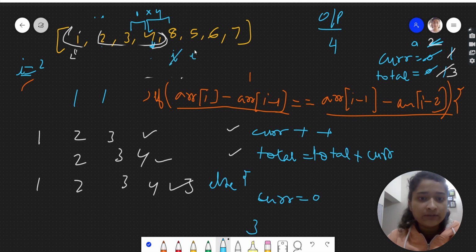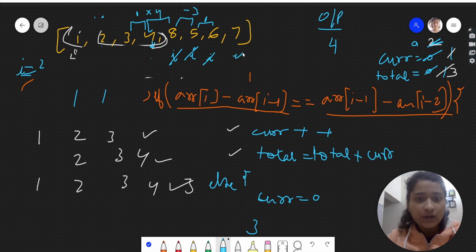Then we go ahead. I will come here. So 5 minus 8 will be minus 3 and 8 minus 4 is 4. Those are not equal. Go ahead, current is 0 only. Go ahead. Now 6 minus 5 is 1 and 5 minus 8 is minus 3. These are not equal, so it will go in else and current will get updated to 0.